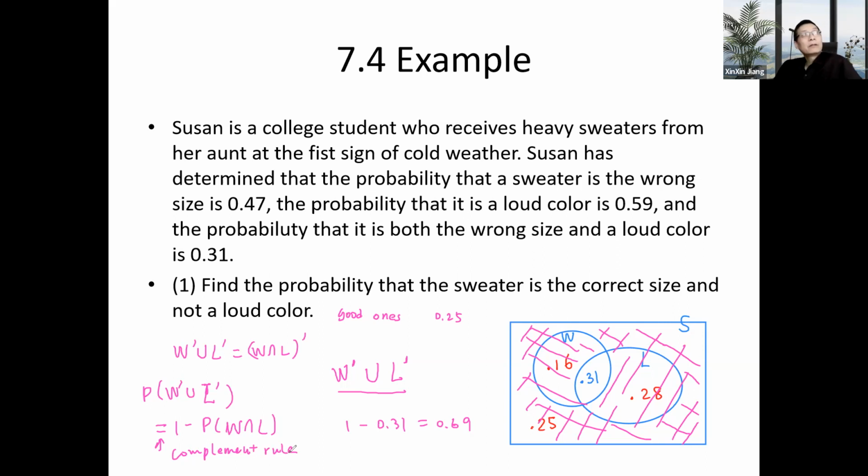If there are only 2 sets, well, sometimes 3 sets, but we don't usually test you for 3 sets. This kind of problem, we sometimes call a Venn diagram problem, because you usually are able to solve it by drawing a Venn diagram. Sometimes you incorporate the rules, the union rule, complement rule. But I think the Venn diagram is very illustrative, so you probably should learn how to use that.